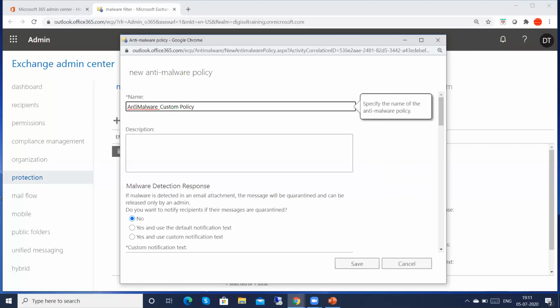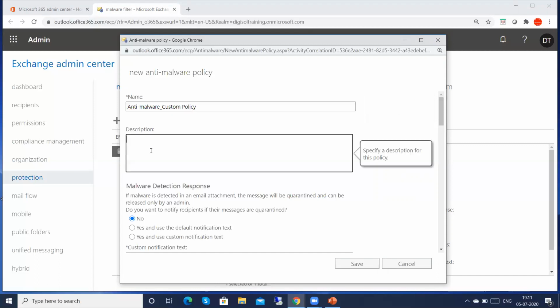You can select any logical name, it will serve our purpose. Okay, description, organization policy.